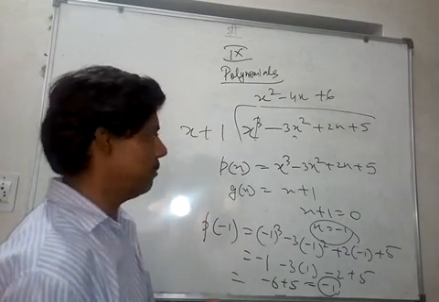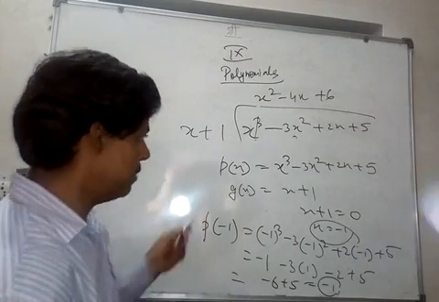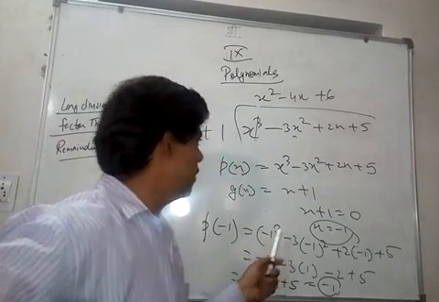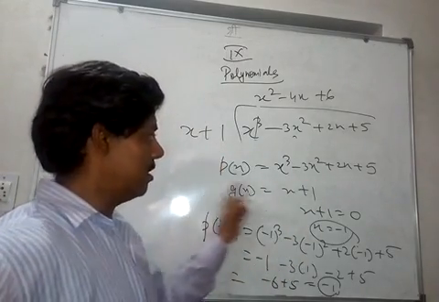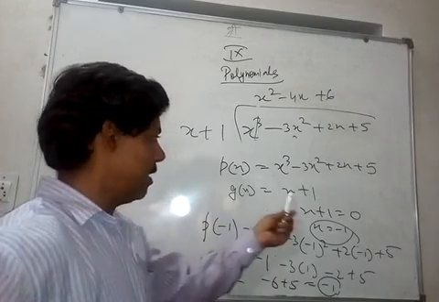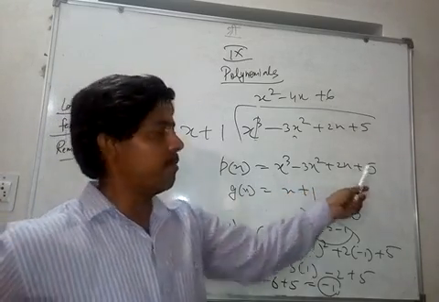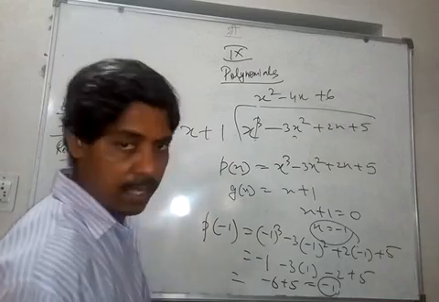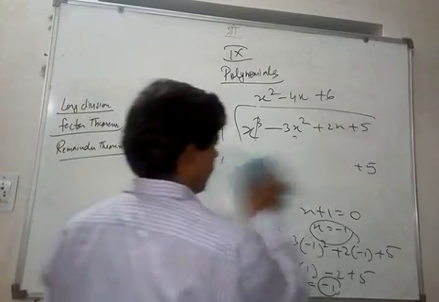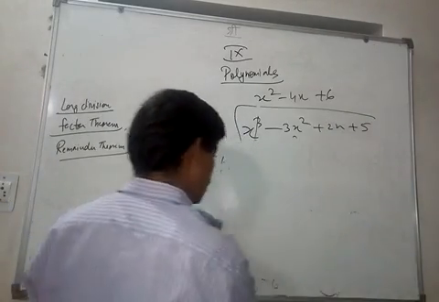Long division is of course a better way, but sometimes you can directly get the answer. For example, what will you get if you divide this polynomial by a single variable x? Then you will write 0 in place of x and the remainder will be 5. So sometimes you get the quick answer by using the remainder theorem. So I'll again revise what the remainder theorem is.